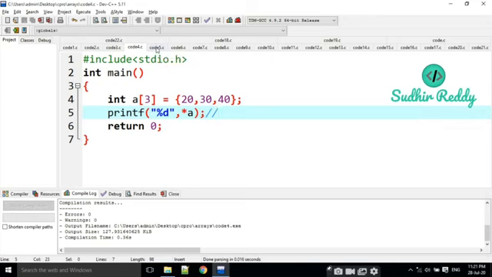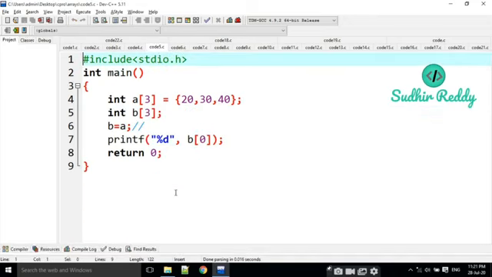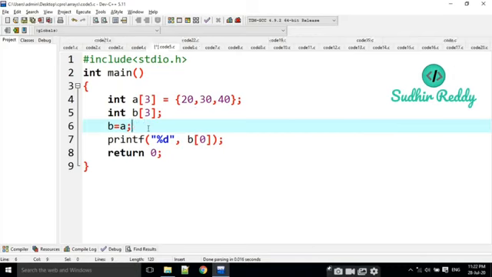And the next question. A of 3 is equal to 20, 30, 40. B of 3. Then here B is equal to A. For example, A is equal to 5, and B is equal to A. That means B is also 5.